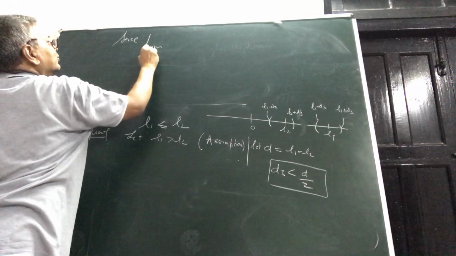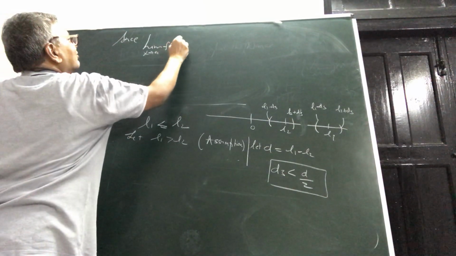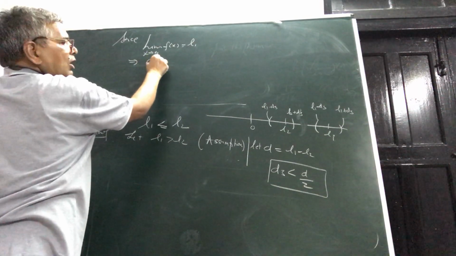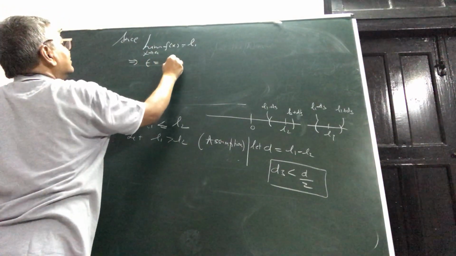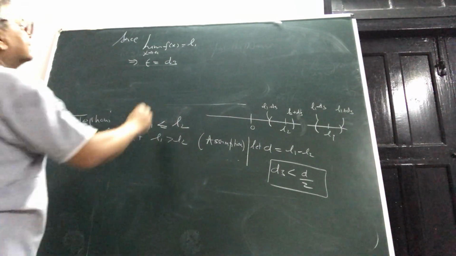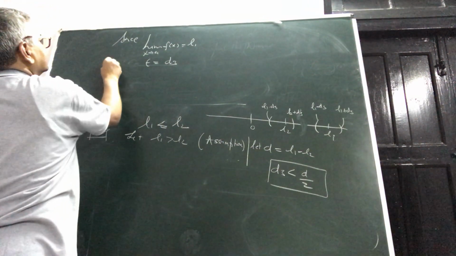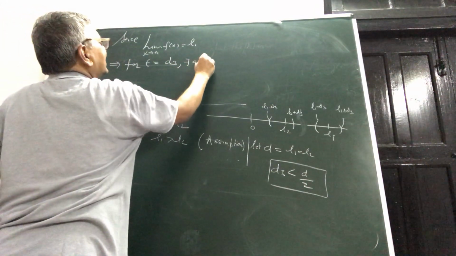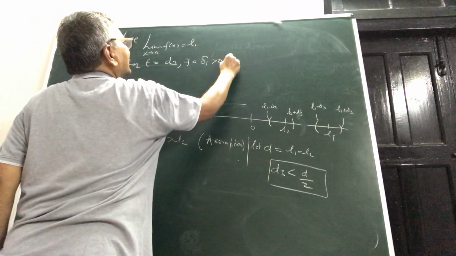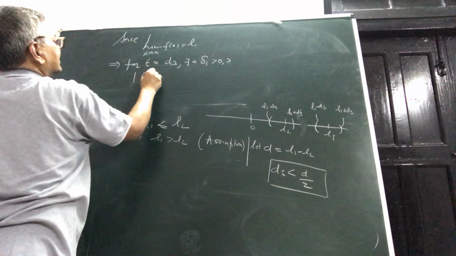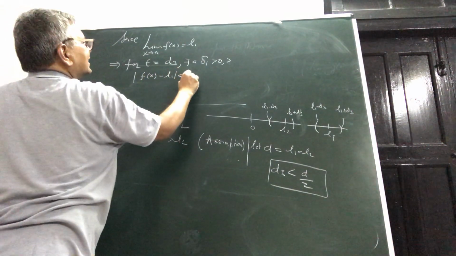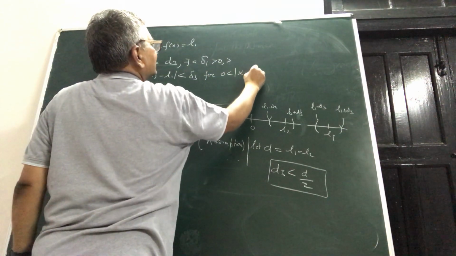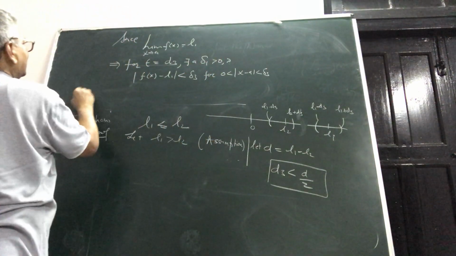Since limit x tending to a of f(x) is L1, this implies for epsilon equal to d3, there exists a delta 1 greater than 0 such that |f(x) - L1| is less than d3 for 0 less than |x - a| less than delta 1. Similarly,